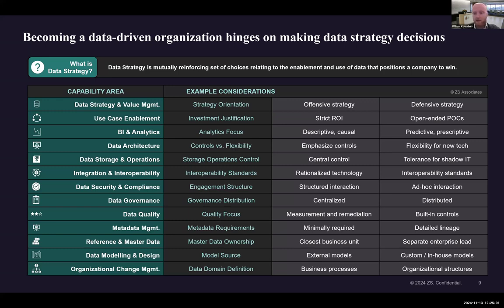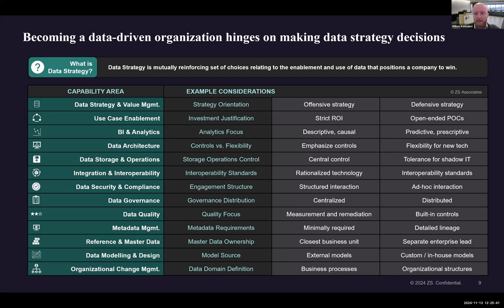Versus you also being able to make a deliberate decision, especially if business units are very independent or maybe there are regional organizations, that you retain flexibility for new technologies, right? Absolutely choices in here to the extent of control. Similar for data storage and operations, maybe not the most interesting here, but most relevant typically, you can control that very strongly centrally versus tolerating shadow IT organizations. Sri and I myself have been in some interesting interactions between the central teams and these shadow IT teams, as they try to figure out what's the role of each of them.